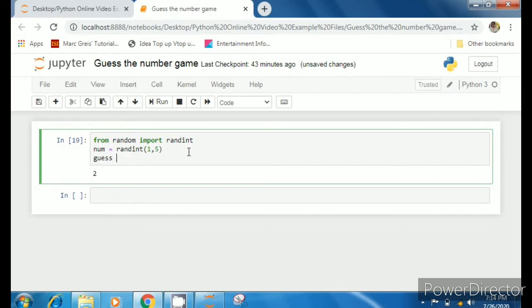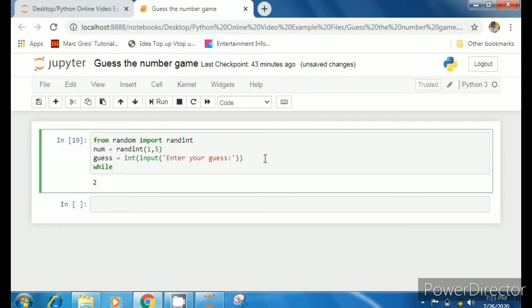Now I want the user to guess a number. So I am writing a message, enter your guess, and you can enter any message to tell the user that now you have to guess a number and write it. So I'm writing int(input("Enter your guess")). Now I have got three conditions.